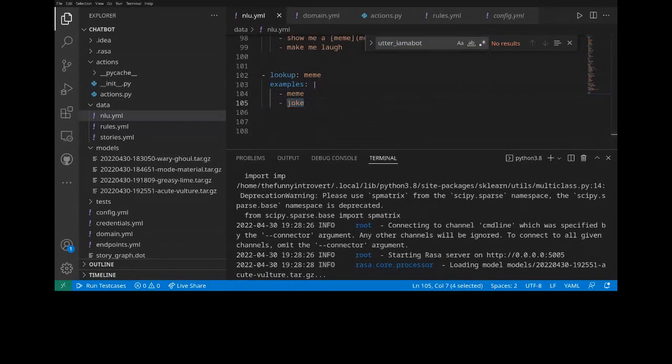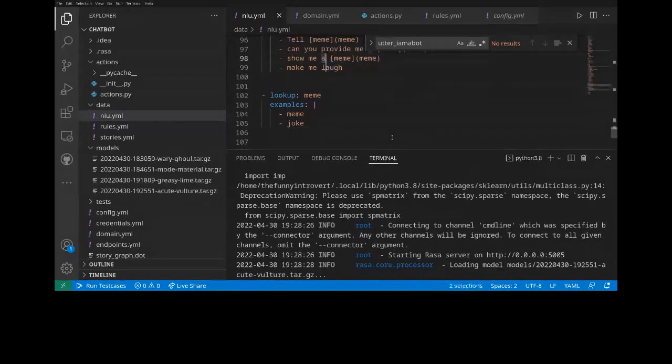So let's say we have a type meme. In this type, I can literally write anything. Let's say laugh. I can write all those words which are related to this, rather than writing again and again, make me laugh, this. I think that was at least understandable. In simple words, think of it as a type.